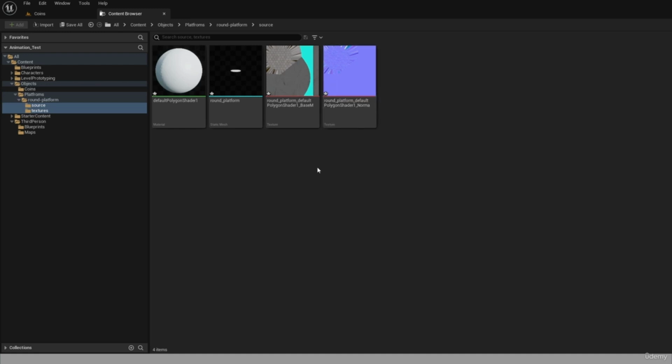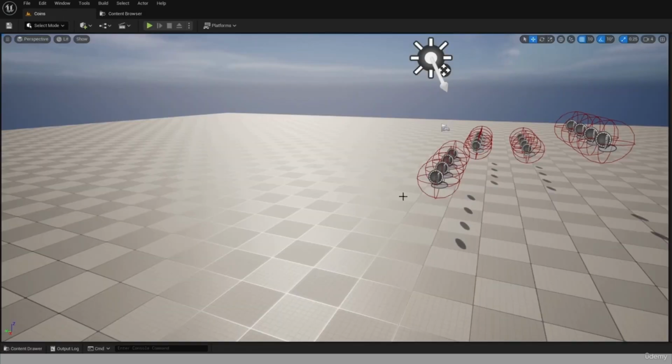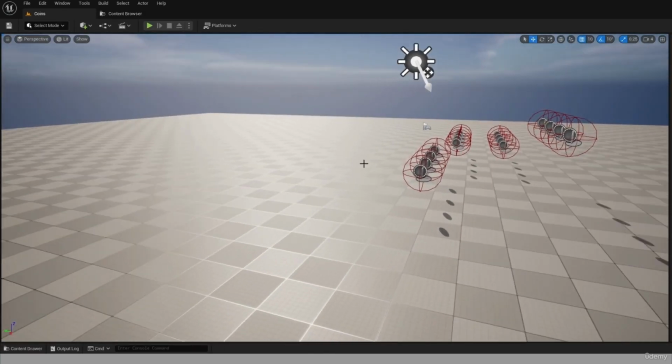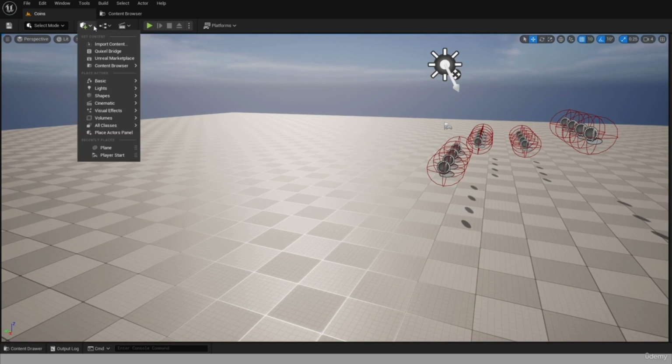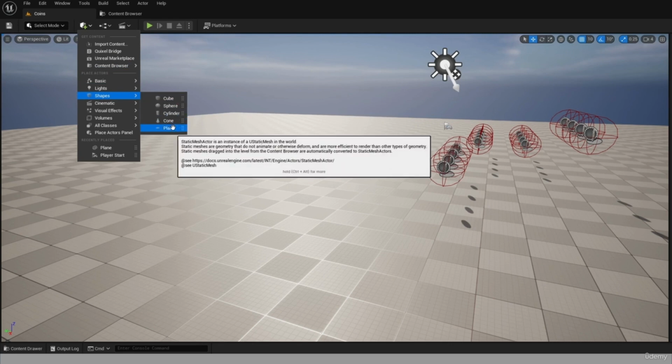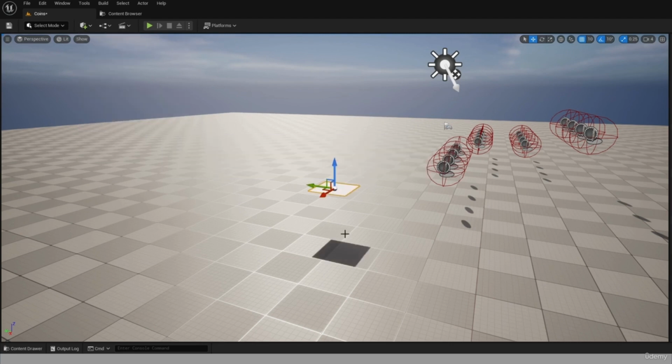Okay, so we have imported it. Let's click Save All and Save Selected. Now let's go back to that screen. Before we go to this beautiful round platform, I want to show you just basic things that you can do when prototyping your game. As you know, you can quickly add something with this button, and we have shapes down here. So we have some basic shapes, and for example, we can take plane,